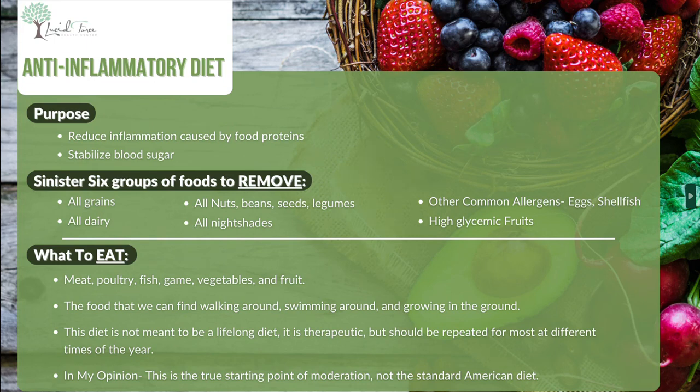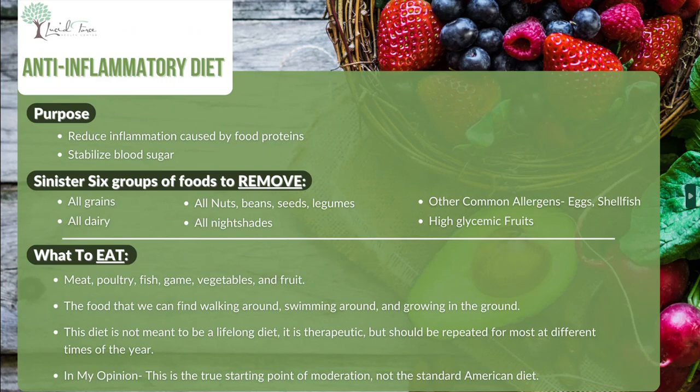So what do you eat then if you're not eating those things from the Sinister Six? Because that probably makes up a good portion of your diet. Well, primarily you eat meat, poultry, fish, game, vegetables, and fruit. The food that we find walking around, swimming around, and growing in the ground should make up the large part